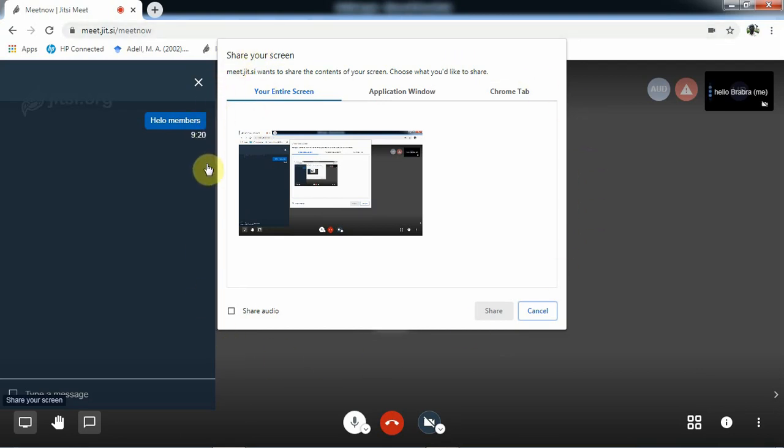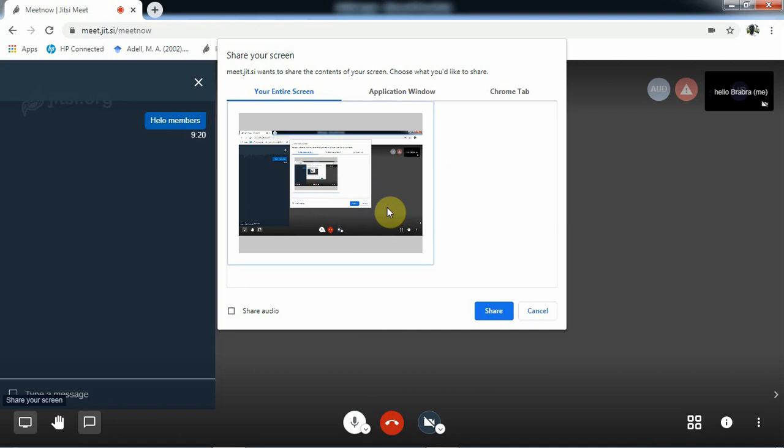Now from this dialog box, you can see it is telling you Meet.Jitsi wants to share the contents of your screen. Choose what you would like to share. If it is the entire screen, then you leave it as entire screen. Then you go and click on this preview. When you click on it, this option becomes active.